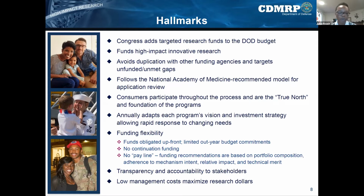So we won't know until the law is passed what the funding is. So it's really important that, if you're interested in applying, you visit the website to see the funding opportunities and what the individual programs are interested in and what their vision and investment strategies are, because they may change. We have funding flexibilities. Funds are obligated upfront. We have very limited out-year budget commitments because, again, our funds come in annually, so we don't have a guarantee of the future year funds, and we also have no continuation funding for that purpose,